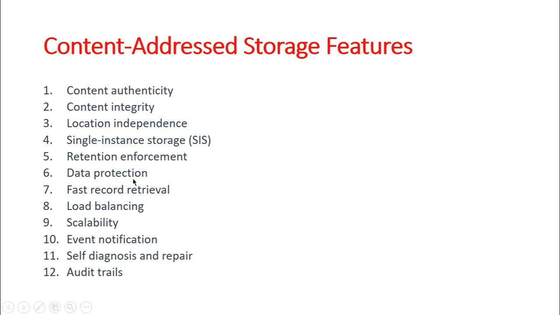The next feature that we have is called data protection. CAS ensures the content stored on the CAS system is available even if the disk or the node fails. Even if the disk or the node fails, CAS ensures that the data is protected. CAS provides both local and remote protection to the data objects stored on it. In the local protection option, the data objects are either mirrored or parity protected. In mirror protection, 2 copies of the data objects are stored on 2 different nodes in the same cluster. This decreases the total available capacity by 50%.